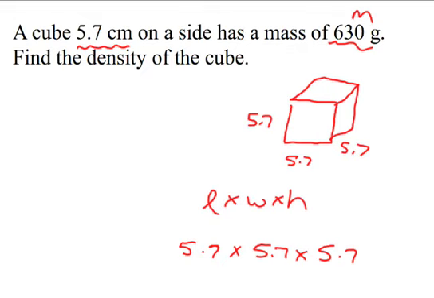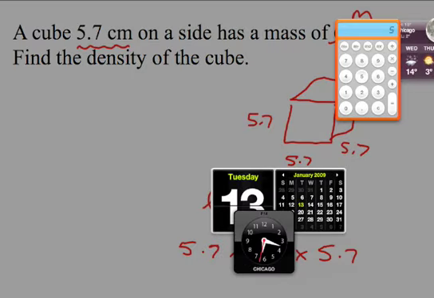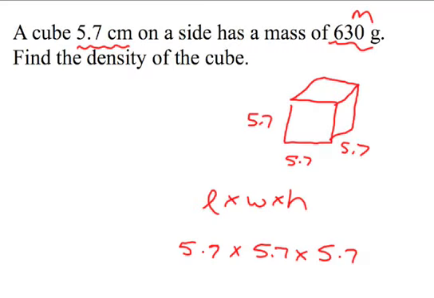And we need to plug that into a calculator to see what we get. So let's plug this into a calculator. 5.7 times 5.7 times 5.7, and we get 185.193. So let's write that down here. Equals 185.193. And our units here are going to be centimeters cubed because we took centimeters times centimeters times centimeters, which